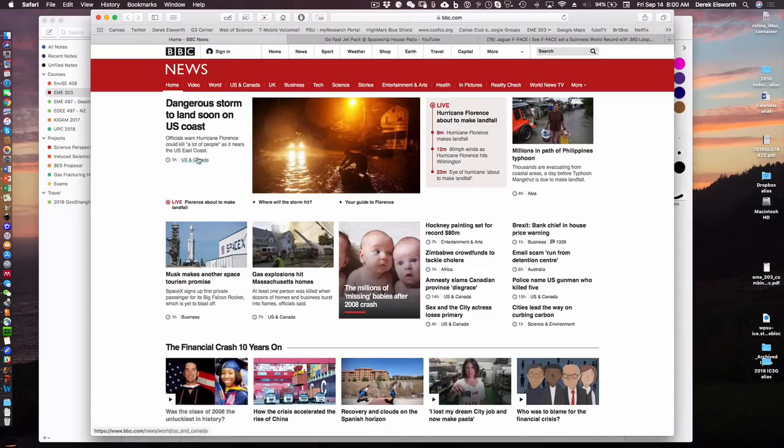I guess the other big news of today, of course, is Florence coming on shore with tidal surges, etc., and lots of high winds. And maybe it actually fits into what we'll talk about today, because we've already introduced